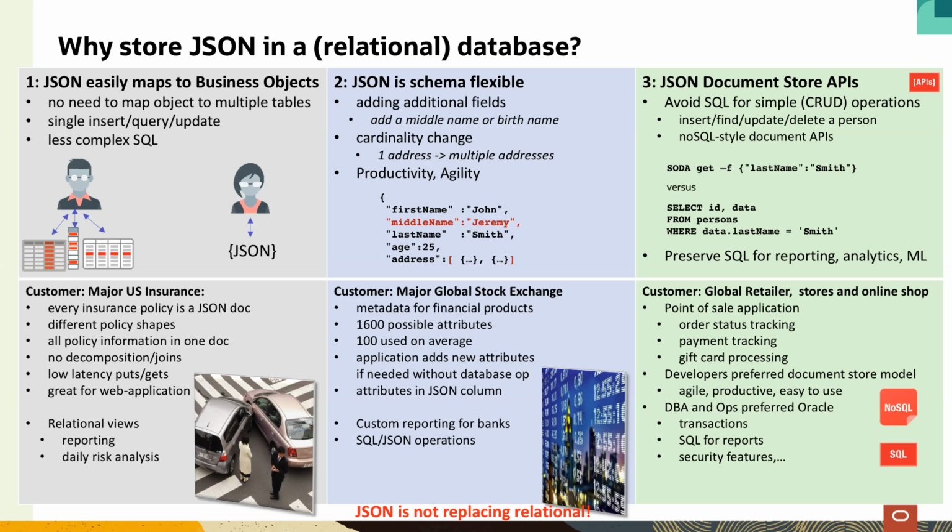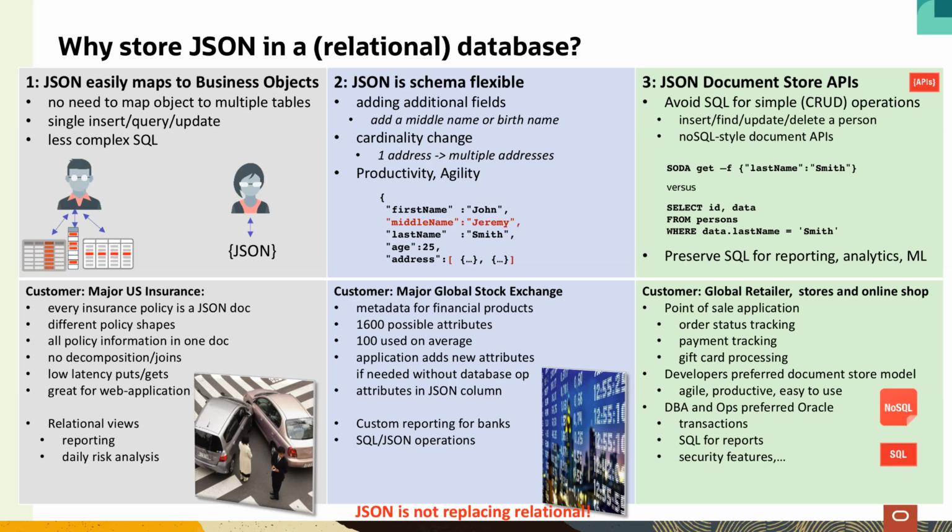So for example, in this person use case, since a person could have multiple phone numbers, I may introduce a phone numbers table. So whenever I need to insert a new customer, I insert into the customer table and into the phone numbers table. So there is some complexity by this normalization or relational mapping. And with JSON, it's easy to go from your object representation in your programming language, let's say a Java object, to and from JSON. So this is a big ease of use, decoupling also your changes in the application from your database changes.